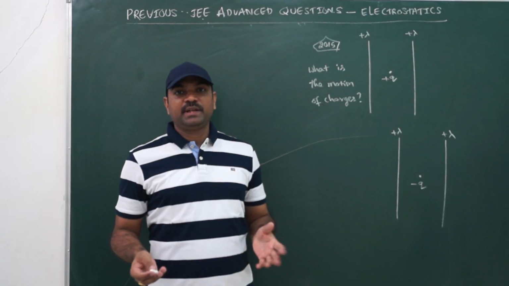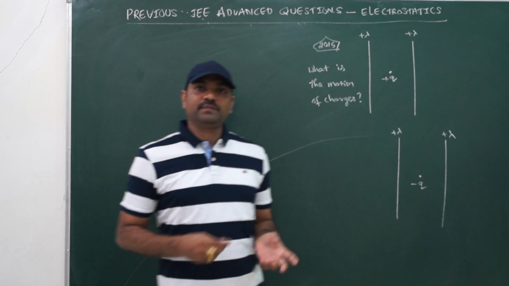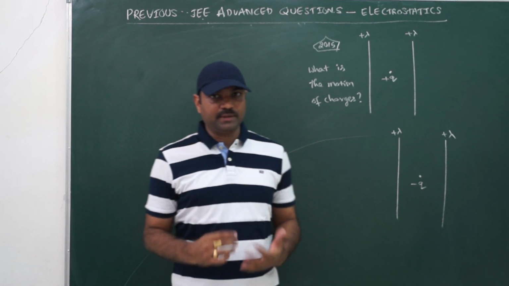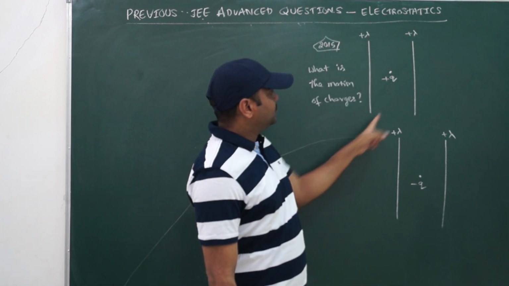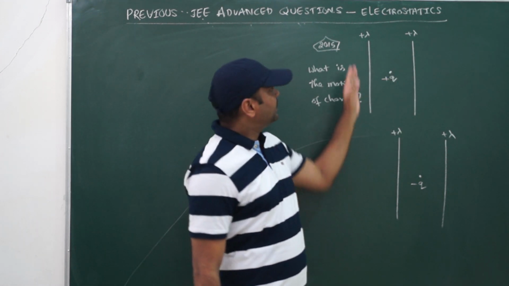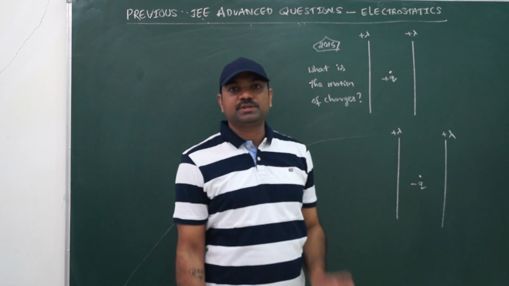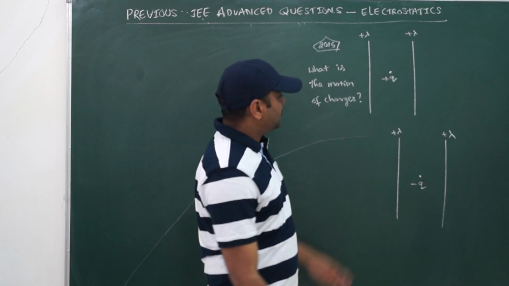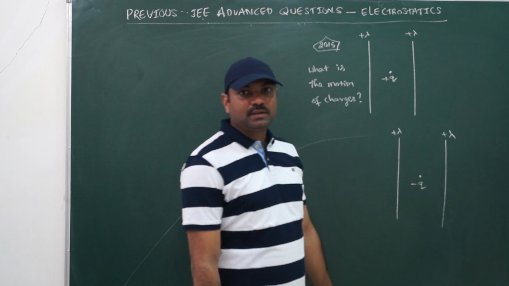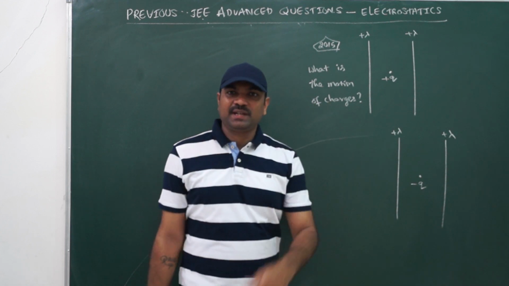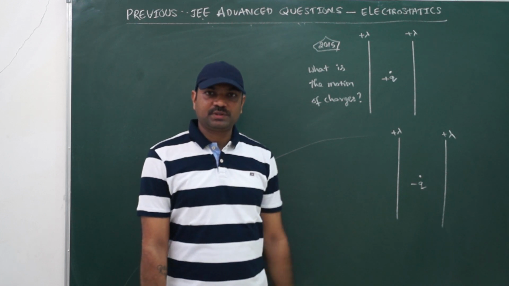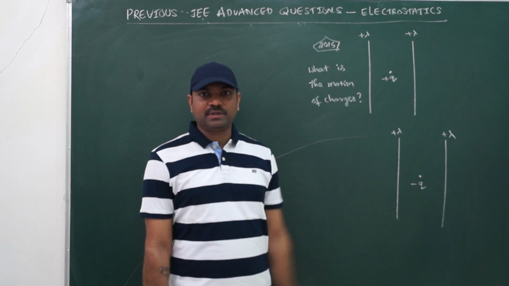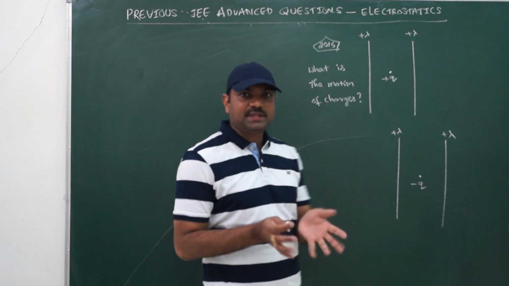Okay. Here we go with the next question, which is also given in 2015. So the question is something like this. There are two infinitely long wires, both carrying positive charge density. These two diagrams are given, and they have given some options. You can download the PDF from the description box to identify the question.